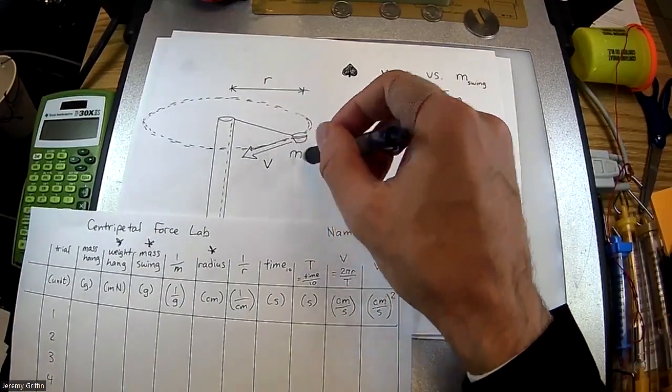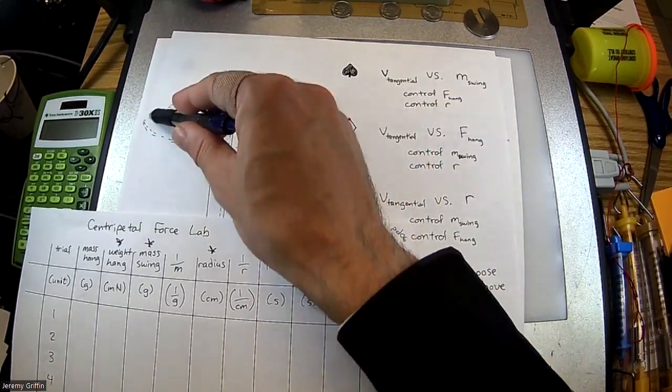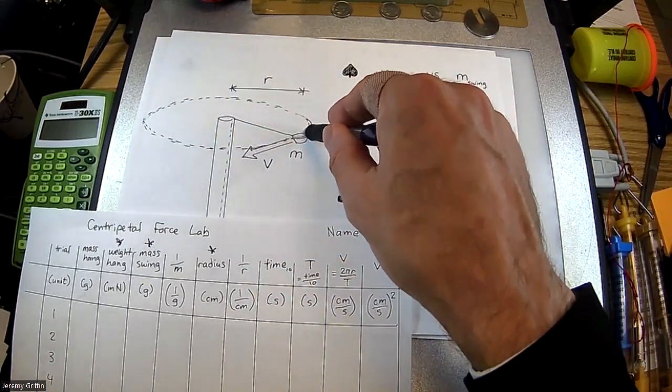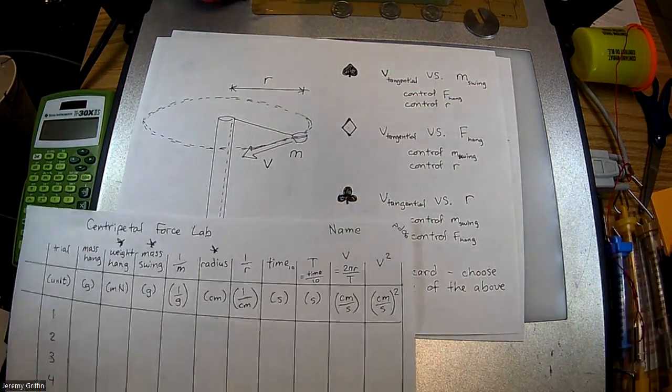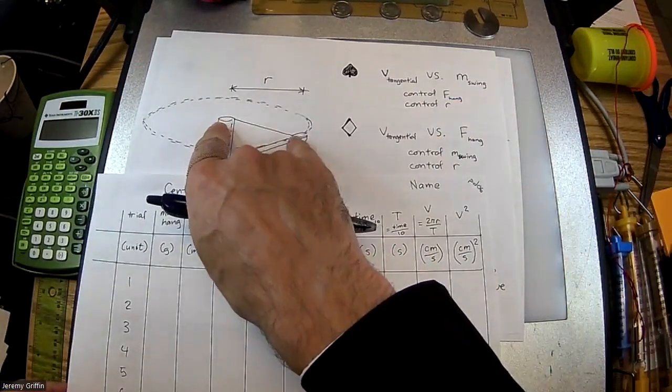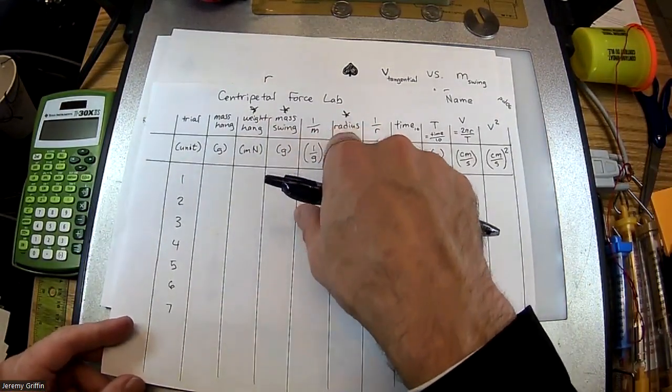Well, how are you going to get speed? Is speed distance divided by time? And what is the distance around the circle? Circumference. You know circumference from yesterday's circle measurement lab: its circumference is 2 pi r. So if you know what the radius is, because that's already one of your measured values,